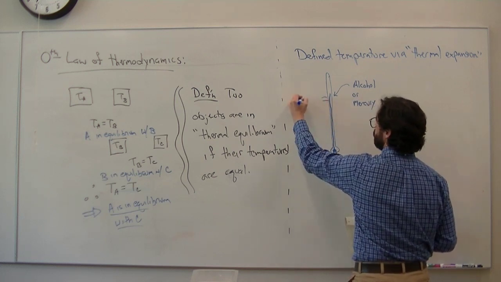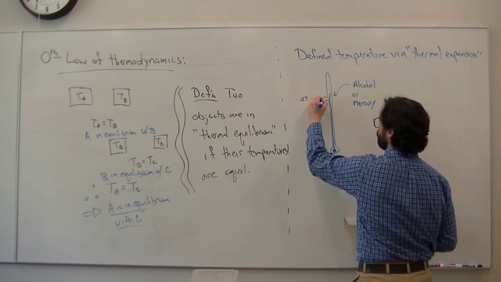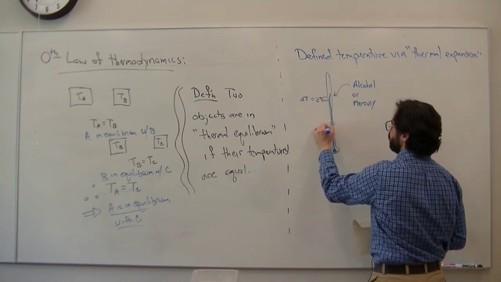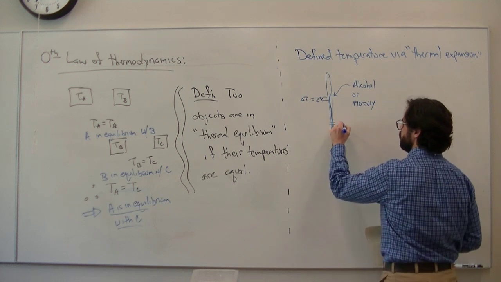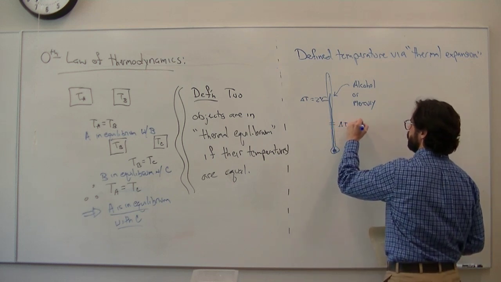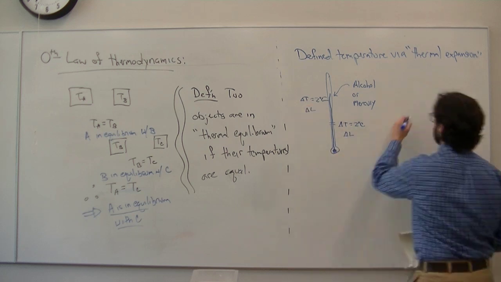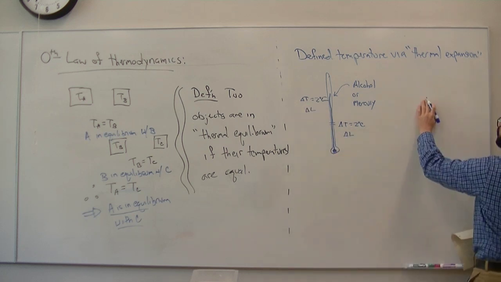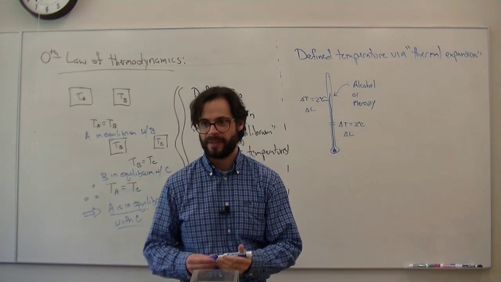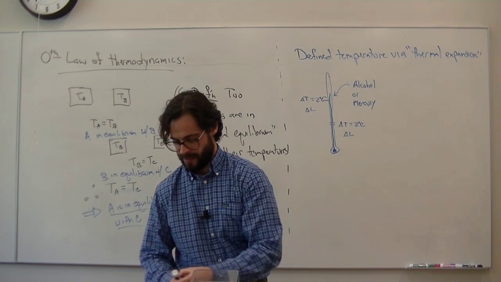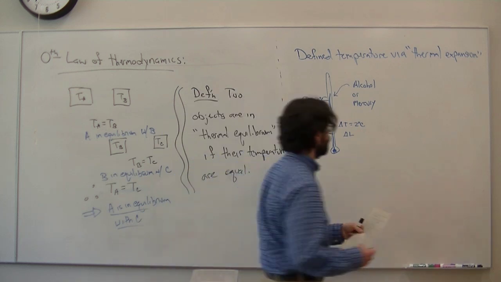So what's true is if this delta T was 2 degrees, we'll just say Celsius, and it corresponded to 5 millimeters, then this delta T, if that was 2 degrees Celsius, that would be the same delta L and the same delta L. So what thermal expansion was empirically noticed to be was linear. So double the delta T, you double the delta L. And this will be our first meaningful formula when we talk about